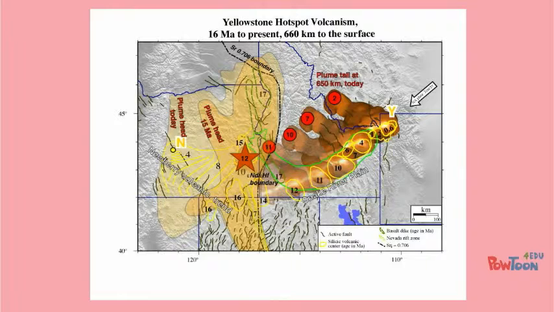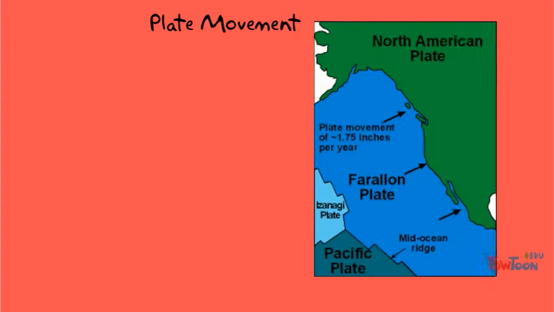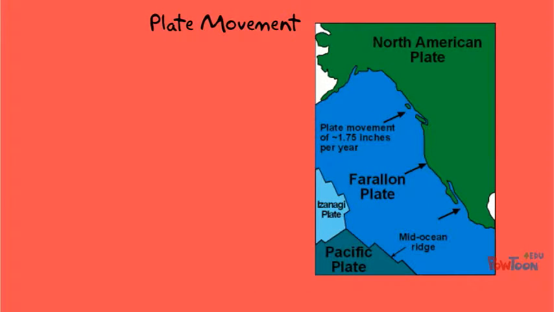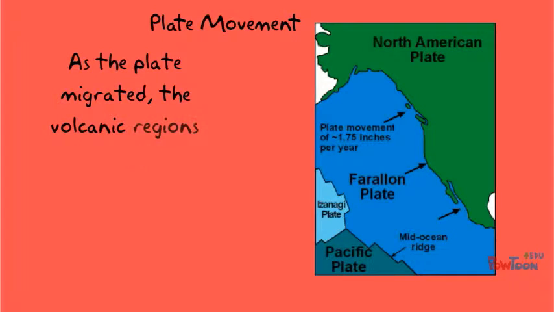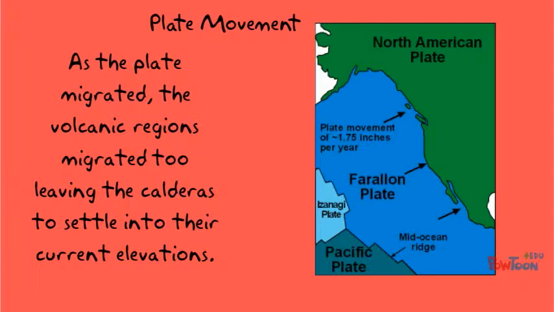There are many basaltic lava fields and rhyolite domes that overlie the hotspot. Many of these basalts erupted along volcanic rift zones that are oriented parallel to the direction of the regional basin and range extension. As the plate migrated to the southeast and volcanic activity shifted to the new regions, the extinct calderas gradually subsided to their present elevations due to thermal and gravitational effects.